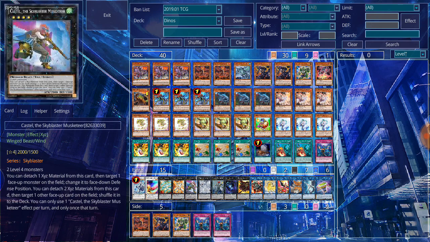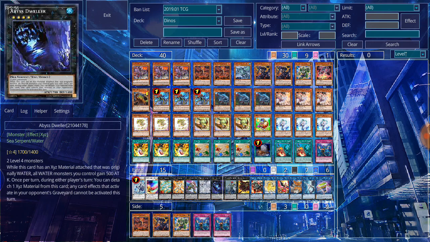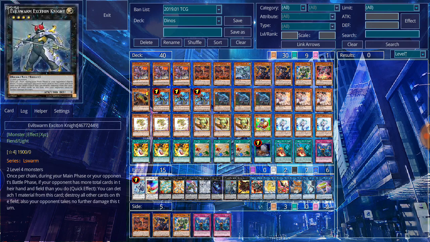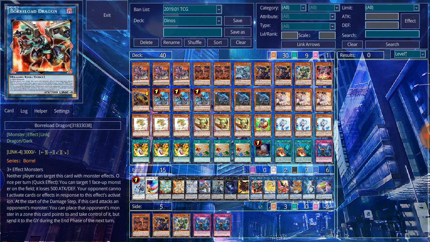You have Castell to help get rid of cards on the board. You have Tornado Dragon to get rid of spells and traps. Abyss Dweller to deal with the graveyard. Exciton Knight as another way and means of blowing up every card on the board. Gaga Cowboy for that 800 points of damage. Barrel Sword Dragon, taking your opponent's monsters, a 3k attacker. And trust me, getting a lot of monsters onto the board won't be too much of a problem for the dinosaurs. And I just wanted to have an easy tech in case